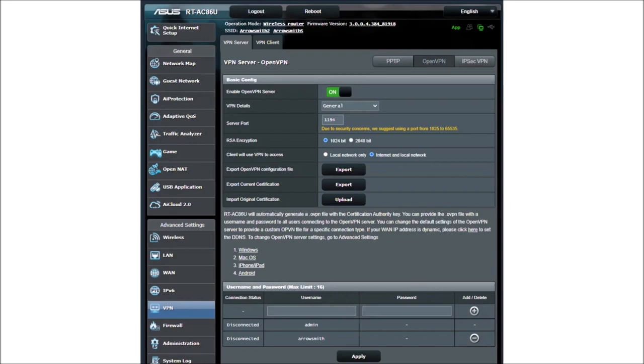The green switch there says I've enabled it. And that's basically all you need to do. You can go down and find the line that says, roughly in the middle, Export OpenVPN configuration file. You'll need that for the programs that you're going to install on your clients that you're going to take to some faraway place. So you'll click that, download a file, and then